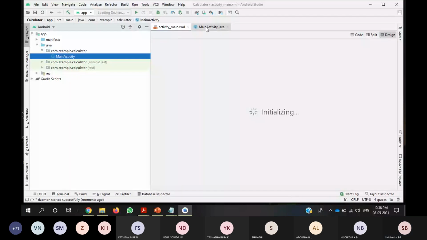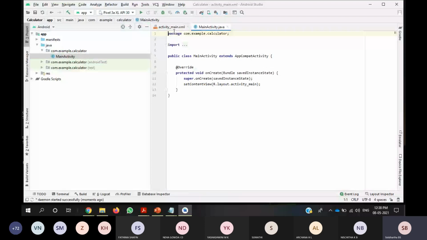Okay, the layout screen is initializing.